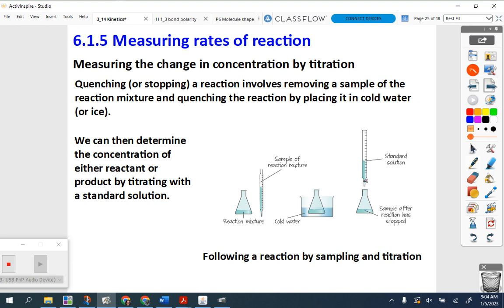So that is another possibility of sampling and then measuring. And you can measure by titration, you can measure with the spectrophotometer, you can measure a lot of different things